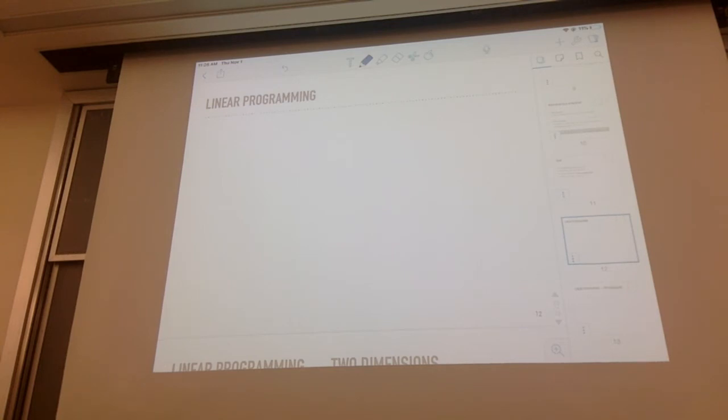So what is linear programming? You want to maximize or minimize. Let me just write. I'll have to take a couple of minutes break to charge this. Right, but before that, any